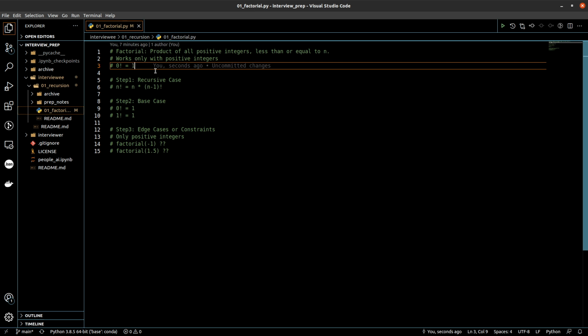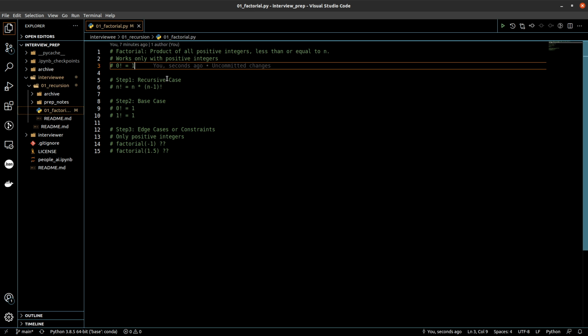Also, when we talk about recursion, there are 3 steps always involved in any recursive problem. The first step is the recursive case. The second step is the base case, which we already discussed just a minute back. And the third is the edge cases, or the constraints that we have to make sure our solution meets.